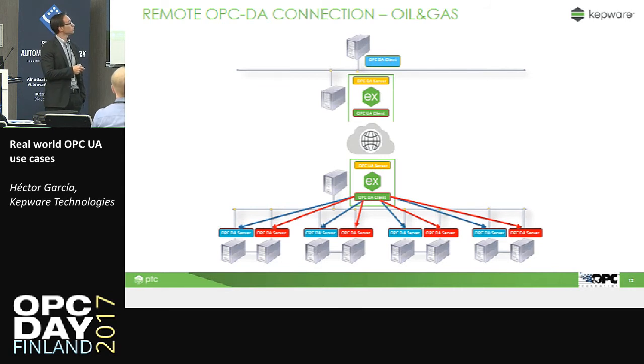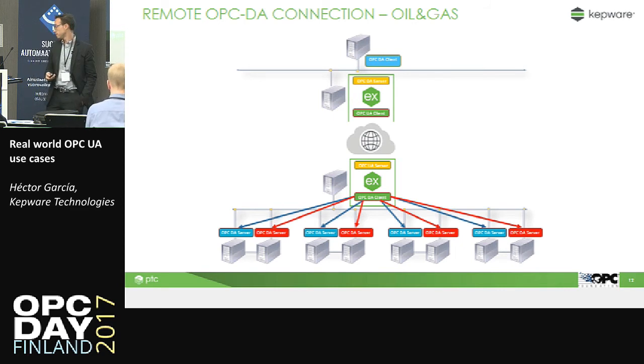So the solution was not to create only one link, or an OPC link or an OPC tunnel. As Kepware X is designed to be multi-threading, you can create as many channels, as many links, or as many OPC UA tunnels as you want. So you can create parallel threads to communicate each of the groups of tags that you may want to communicate from here to this device.